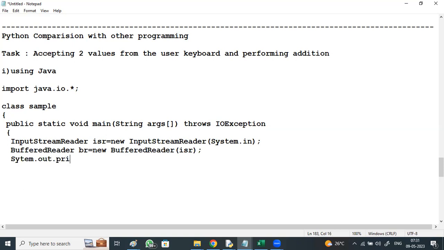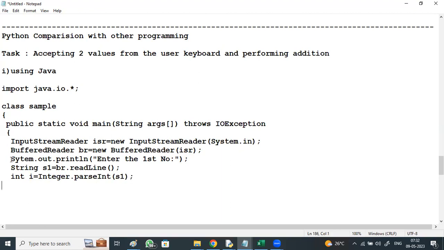System.out.println, enter the first number. Whatever number you are entering is by default taken as a string, S1. String S1 = br.readLine(). Then convert to integer by saying int i equal to Integer.parseInt of S1.